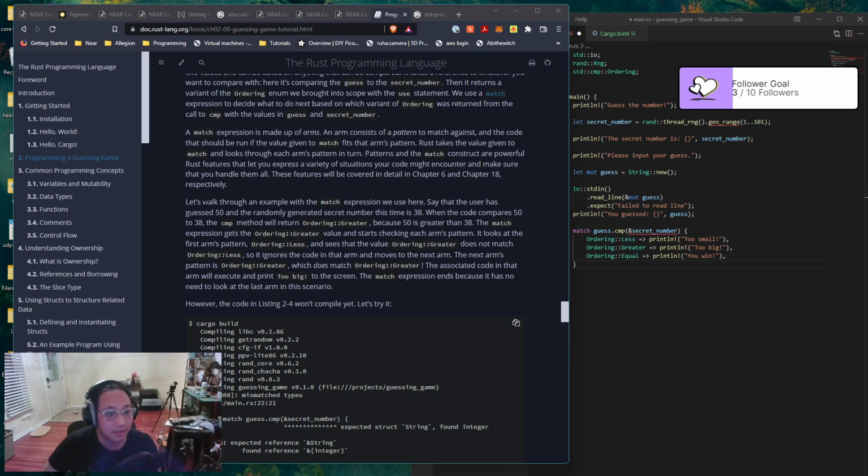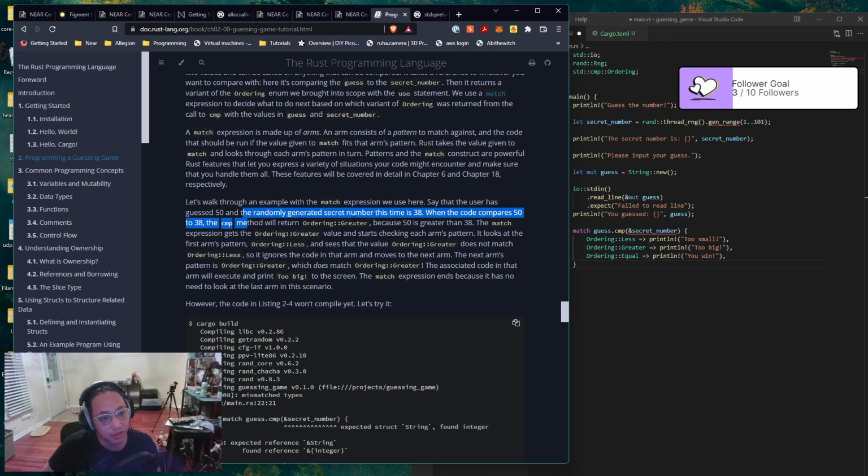Let's walk through an example with the match expression we use here. Say that the user has guessed 50 and the randomly generated secret number this time is 38. When the code compares 50 to 38, the compare method will return Ordering::Greater because 50 is greater than 38. The match expression gets the Ordering::Greater value and starts checking each arm's pattern. It looks at the first arm and